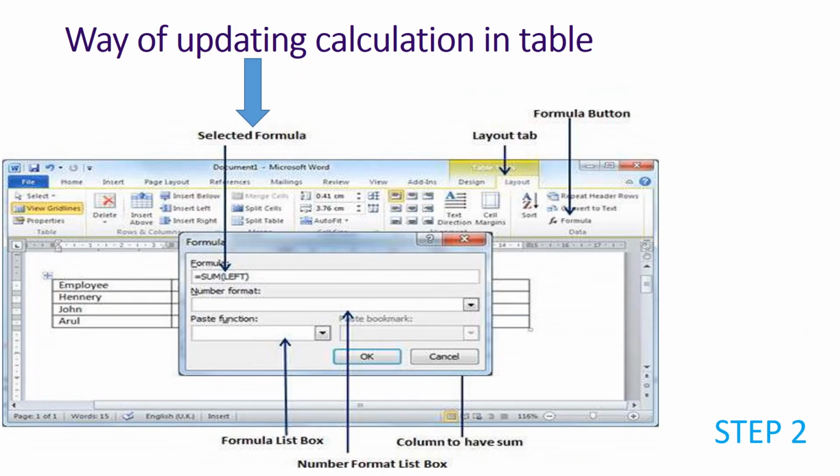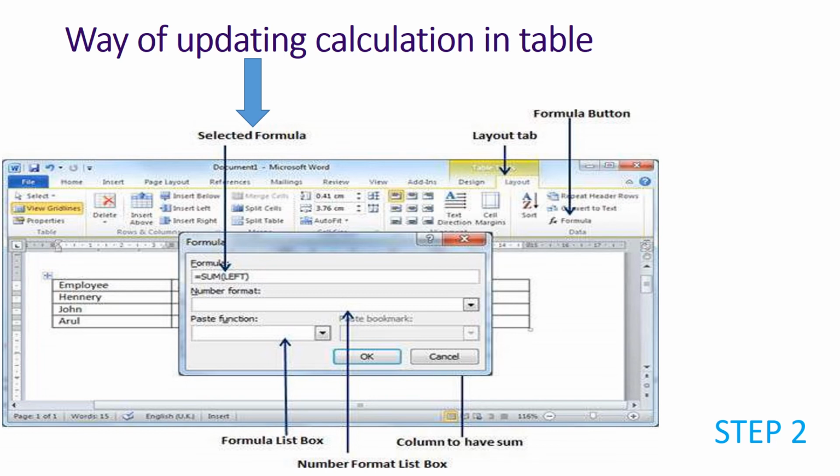Then the formula dialog box appears. Note that the sum formula is already displayed. You can see in the picture I have already written the formula here. Very important thing to notice here is formula always starts with equal to sign. Clear?